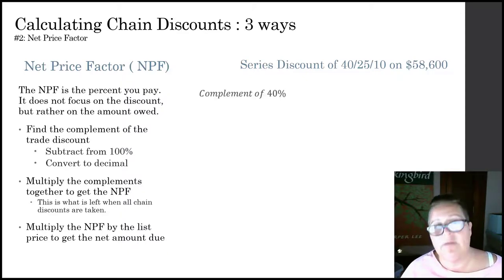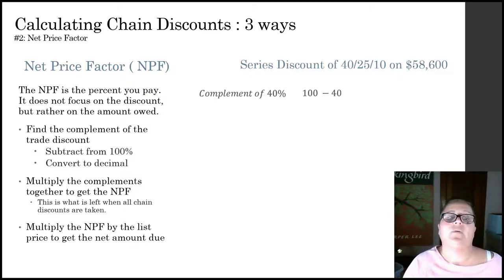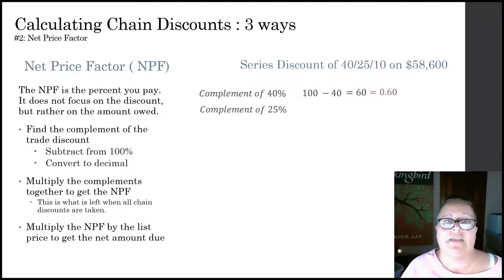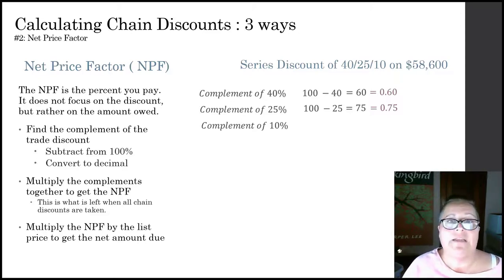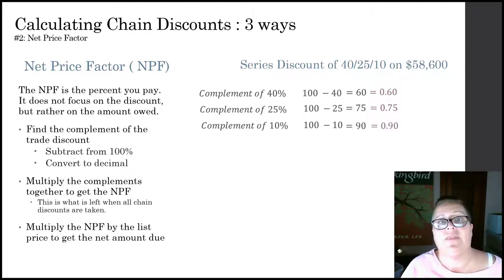percents. So the complement of 40% is going to be 100 minus 40, which is 60%. 60% as a decimal is 0.6. The second discount is 25%. So I need the complement of 25%, that's 75%, which I will then convert to a decimal of 0.75. Lastly, we have a 10% discount. I'm going to do the complement of 10%, which is 90%, and I'm going to convert that to a decimal